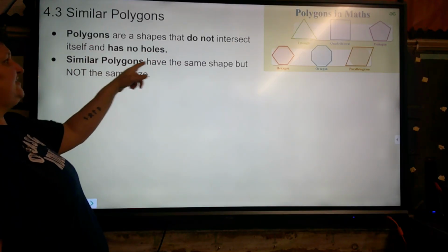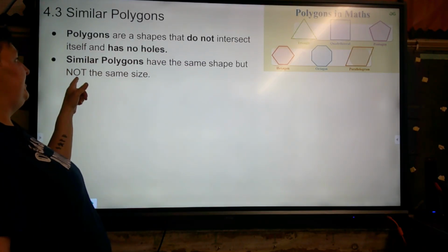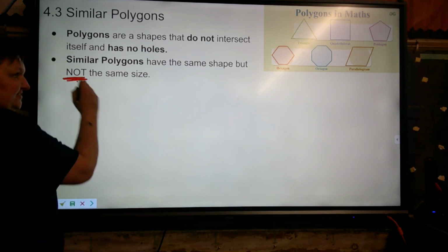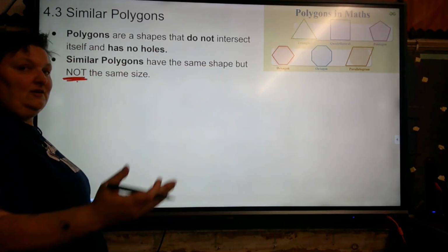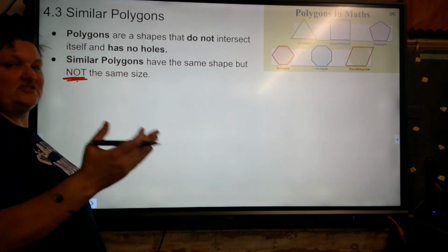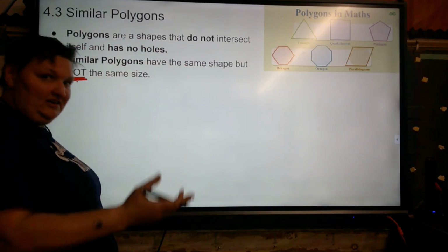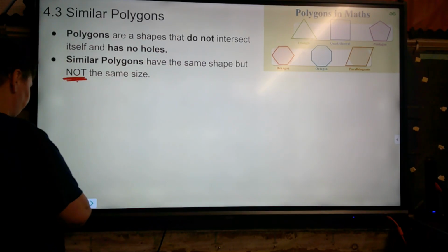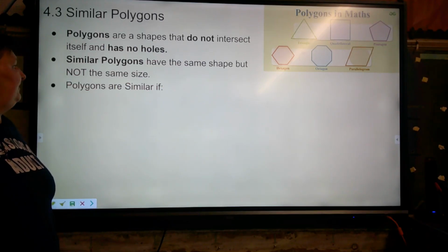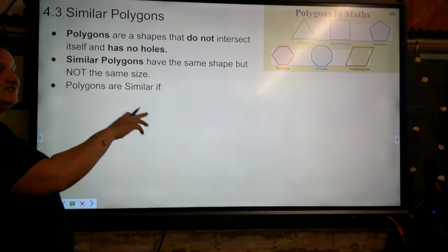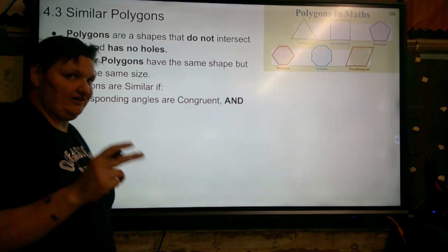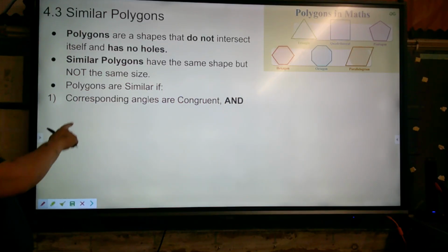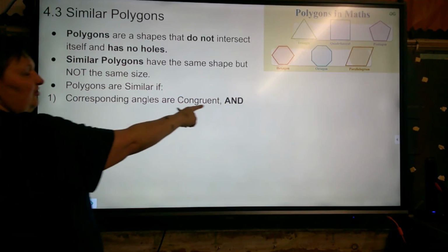Similar polygons have the same shape, but not the same size. So they're similar, but not equal. Got it? Polygons are similar if, and it has to meet both of these criteria, if corresponding angles are congruent,